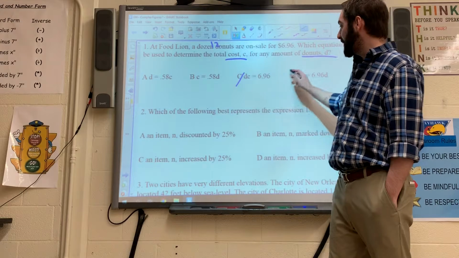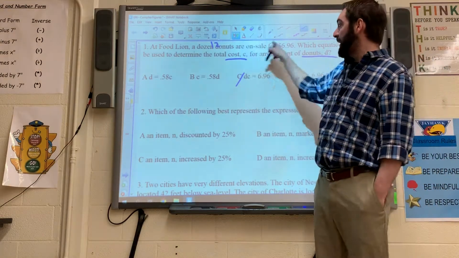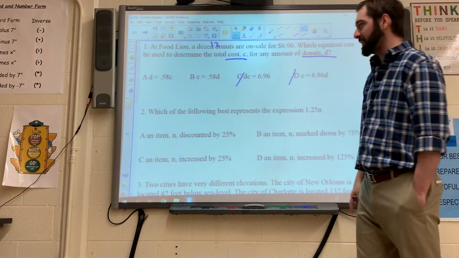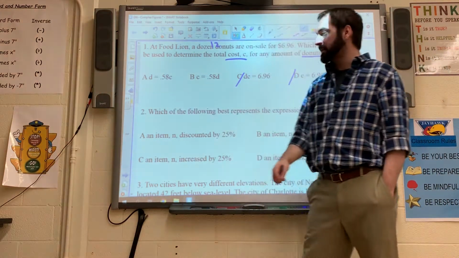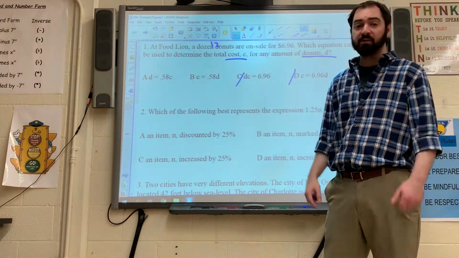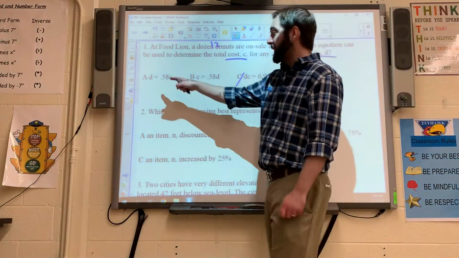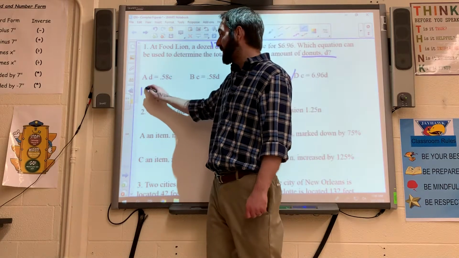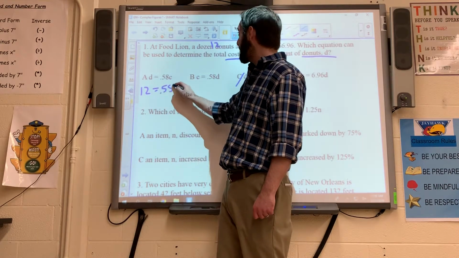Well, C and D we can automatically eliminate because we know 12 donuts are for $6.96. That means one donut can't cost anywhere near that, so they must be 58 cents. Well, from there we have to plug in some values and just see which equation holds true. A is saying that the donuts are the same as 58 cents times the cost. So 12 donuts should equal 58 cents times